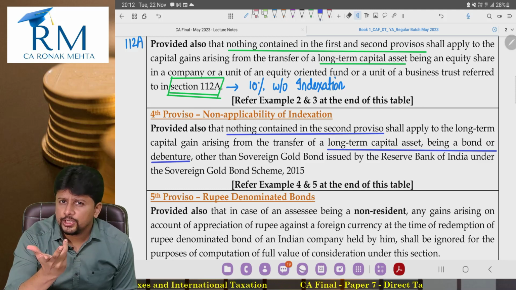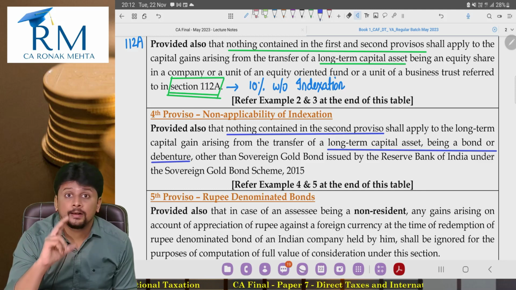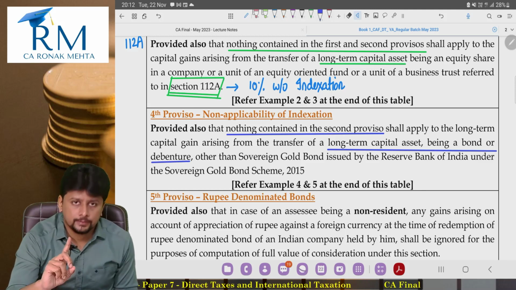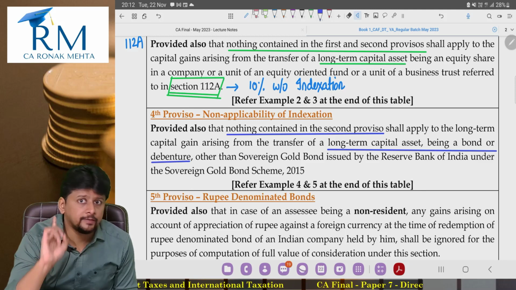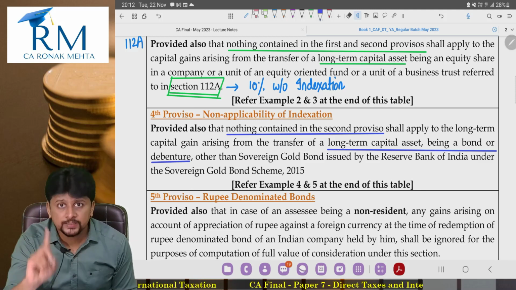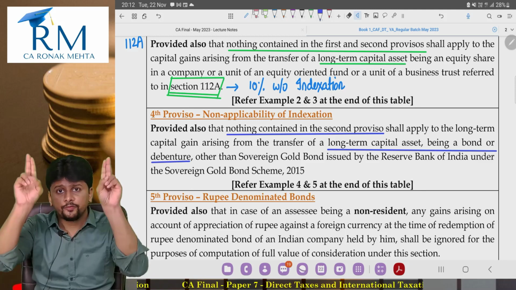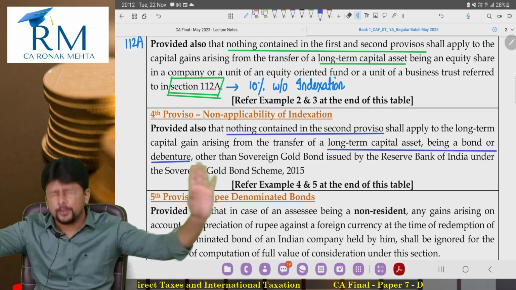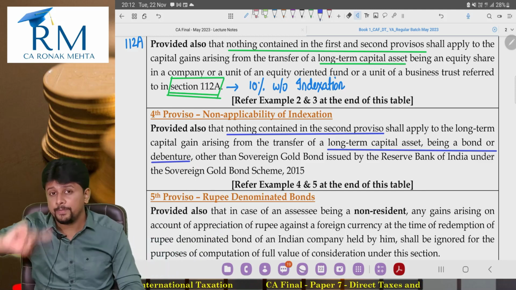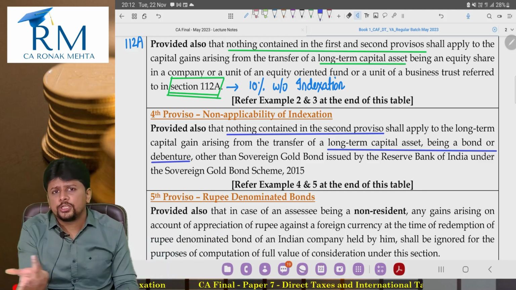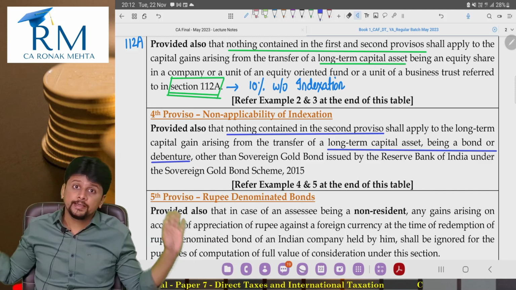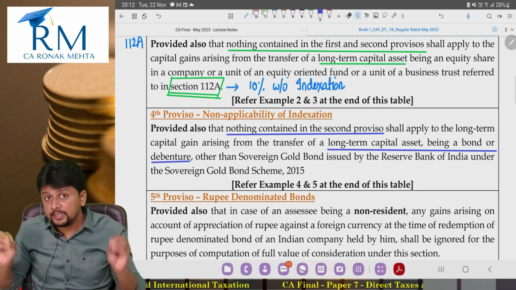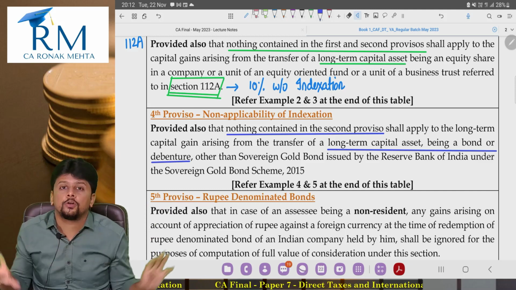If you are a preference shareholder, you will get a fixed rate of dividend. Dividend is not fixed or guaranteed. Rate is fixed. Dividend still depends on availability of profits. If the company has profits, preference shares will get a fixed rate of dividend. Equity shares can get any rate of dividend. But dividend payment depends on profits. Debenture holder, bond holder, you are in a secured position, bhai. You will get fixed rate of interest, and that too fixed interest whether company earns profits or losses.